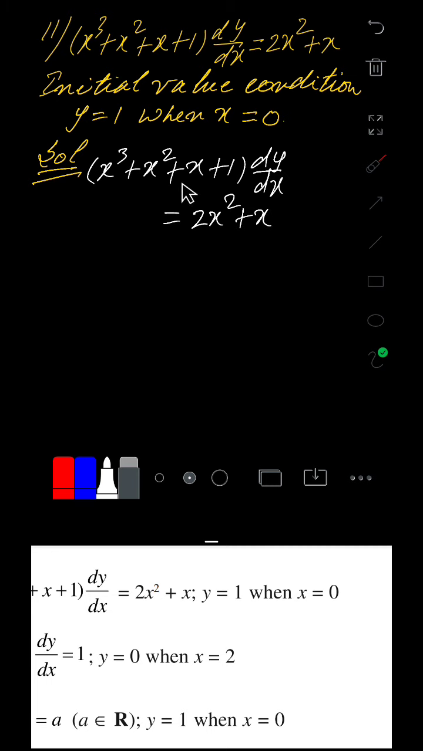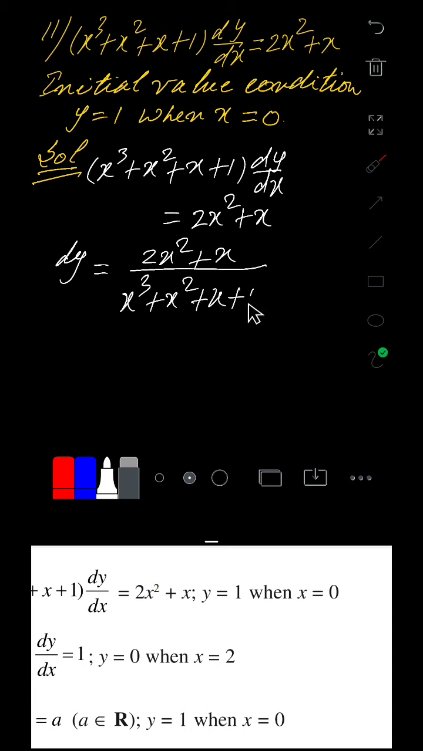Transposing this bracket to right hand side together with dx, we may write this differential equation as dy is equal to 2x square plus x divided by x cube plus x square plus x plus 1 dx. So transposing this bracket, it goes in the denominator of right hand side and dx goes in the numerator. We have this equation. So obviously this is variable separable, so integrating both sides,